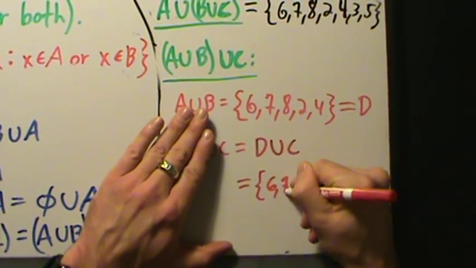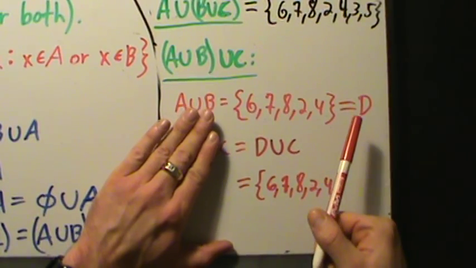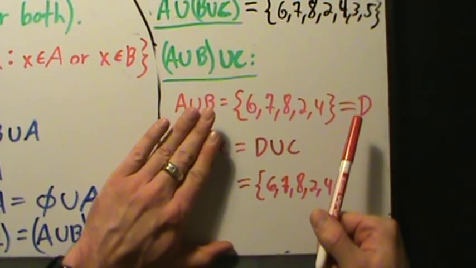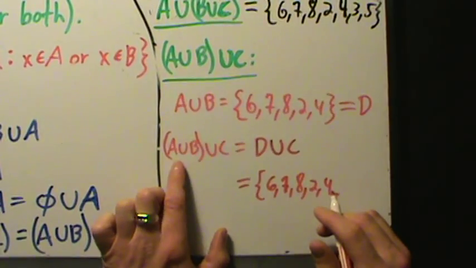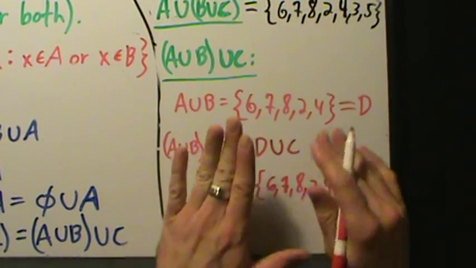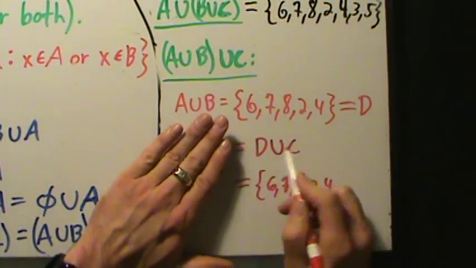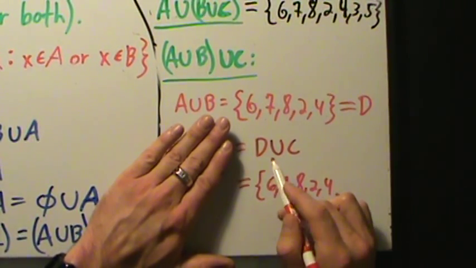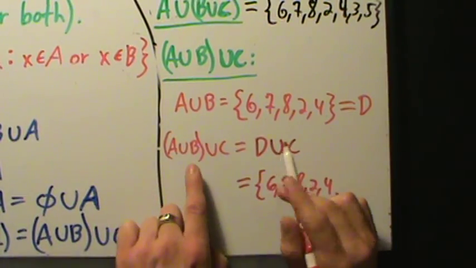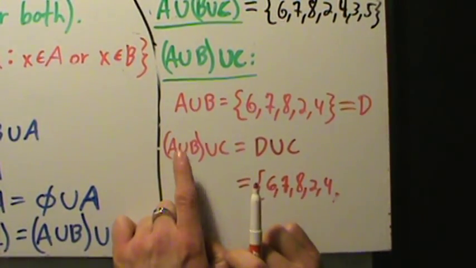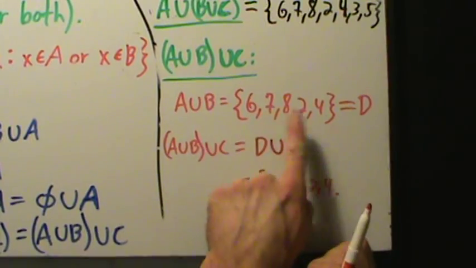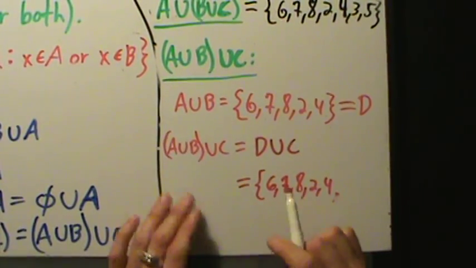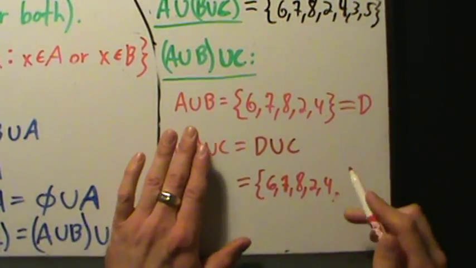Okay. And again, if you don't like calling it D, or calling it something else, there's absolutely no reason that you have to. You can just still say A union B. It's going to be exactly the same thing. I'm just going through this step here because maybe it's more familiar, easier to look at, easier to understand, because you only have one union to look at now, and not this second one here. Even though this union, we're done with this union, right? A union B, we've done that up here. We don't need that anymore. So if we want, we can just call that something simpler. Okay. So anyway,